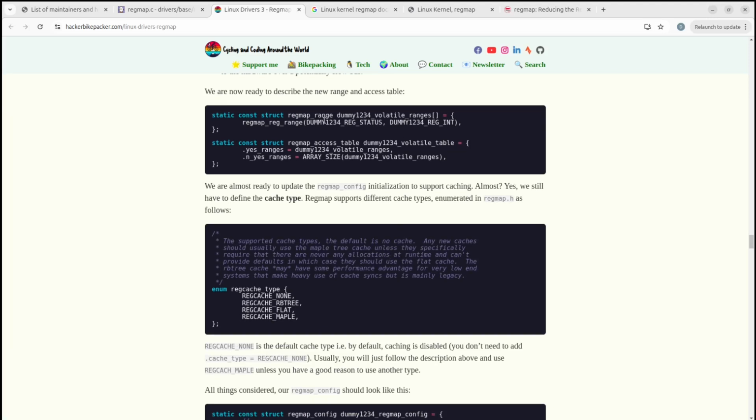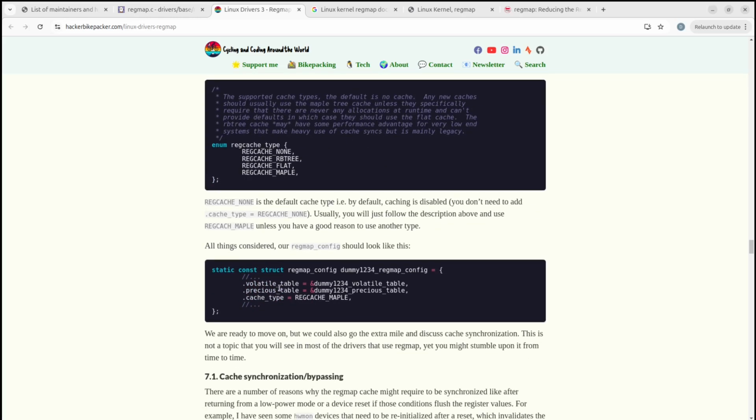I have defined here what is done. He has defined a range for volatile range. They have defined a range from one register to the next, and they have put it into the yes range, and they are using this access table, assigning it to the volatile table. So by doing this, what you make sure, what your driver in the Regmap makes sure, is that whenever you perform